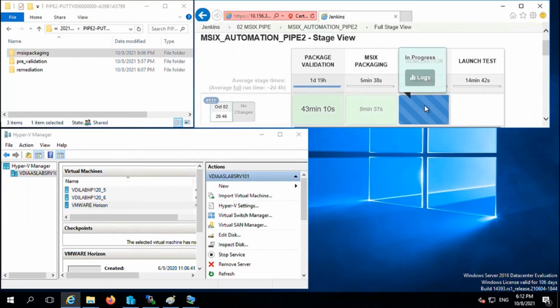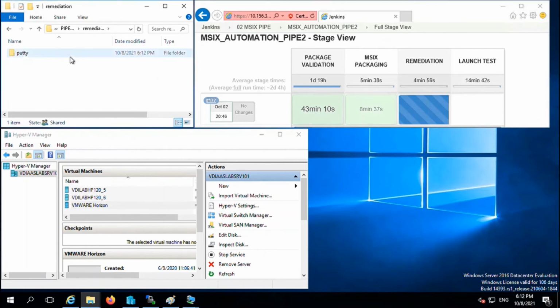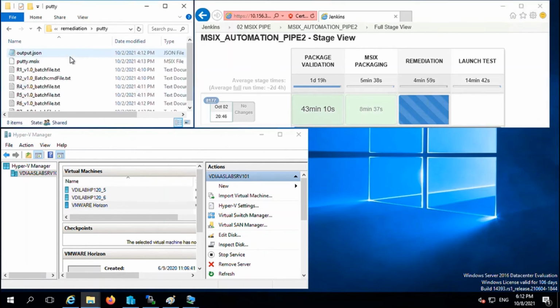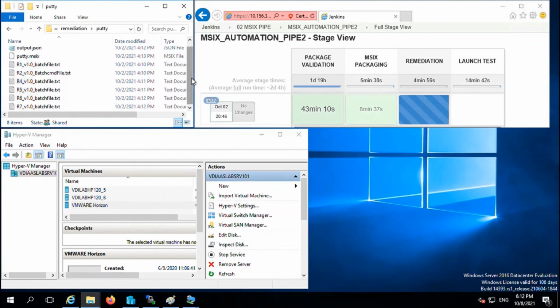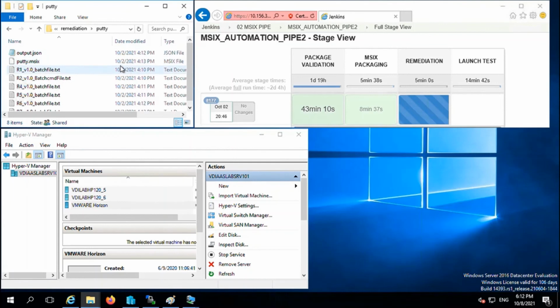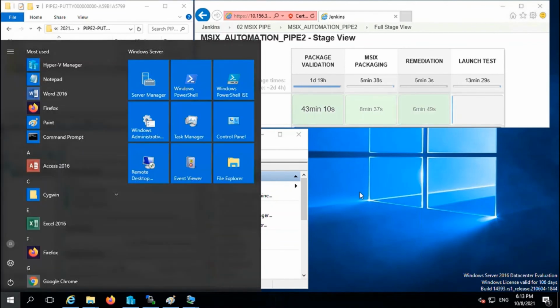The remediation process is completed, and we can see the output in the shared drive, where the updated MSIX package is available along with the process that happened. So this is the updated version of putty.msix after removal of junk files, junk folders, and shortcuts, and disabling updates.